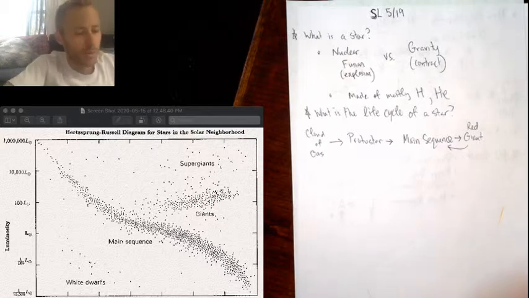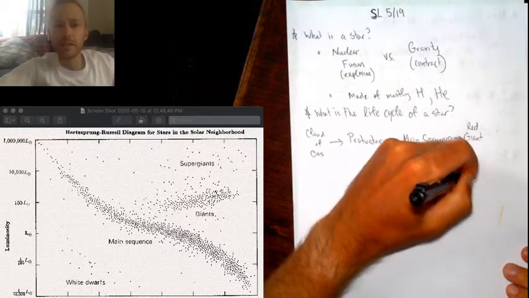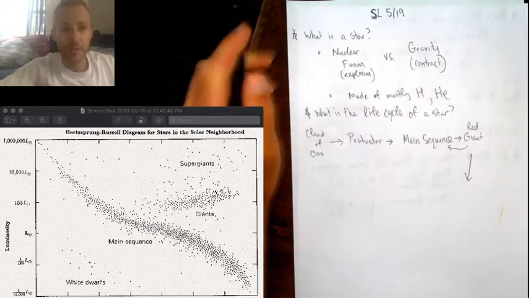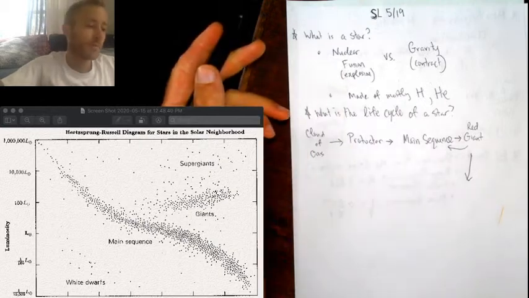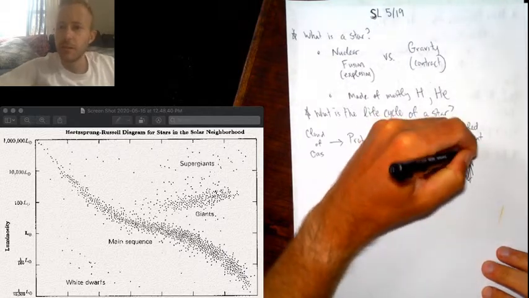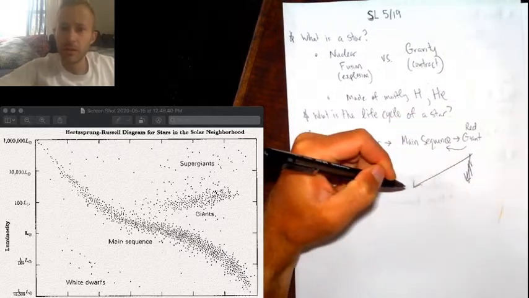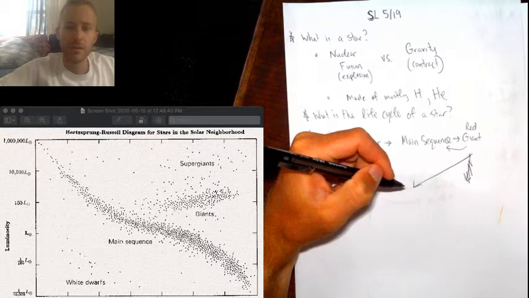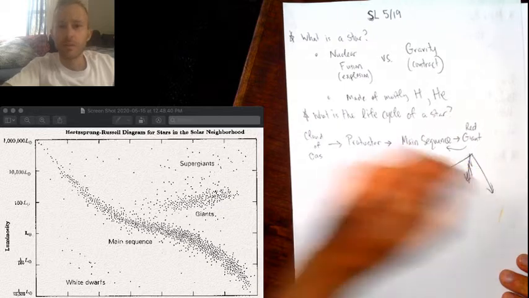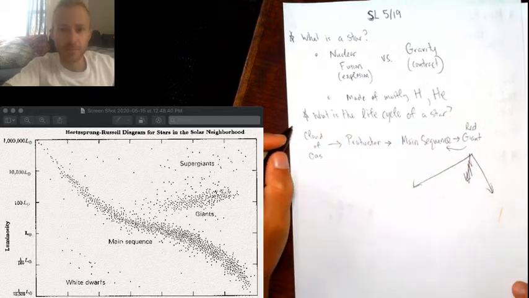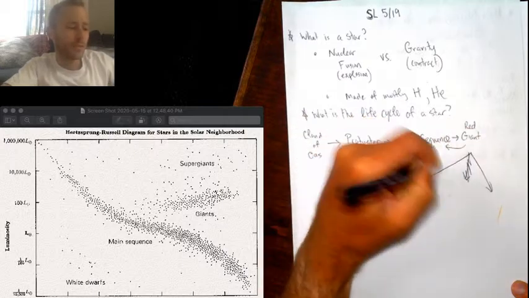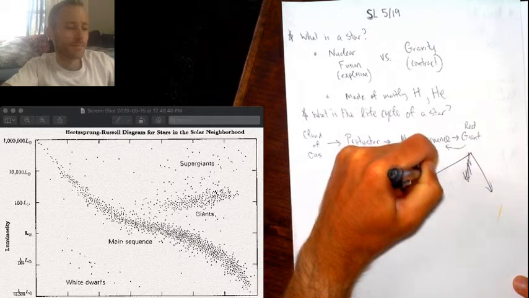So what we get is some kind of event happens, all right? Some kind of event is going to happen. So one thing that may happen if it's a low mass star